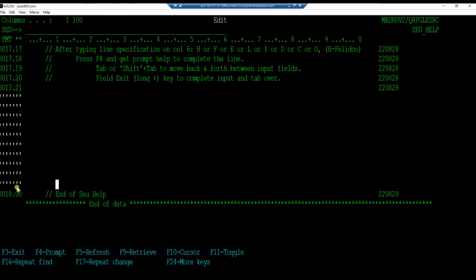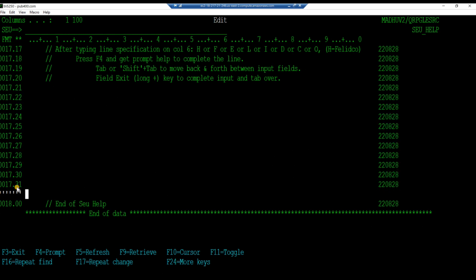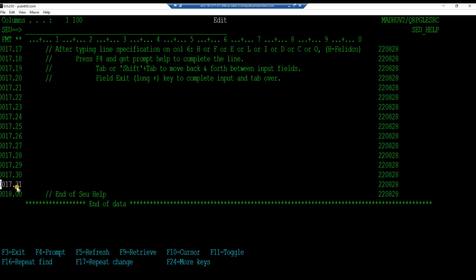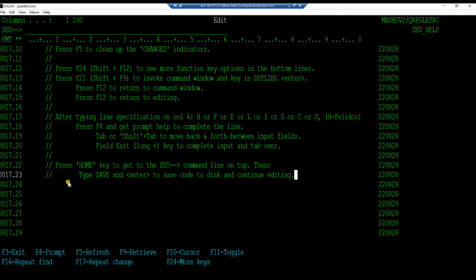key in some spaces, hit enter. We have commissioned 10 more lines of input. Key in the lines, press the home key at any time to get to the SEU command line on top, and then you can type save and enter to save the code to disk and continue editing. So let's try that. Press home key, type save,